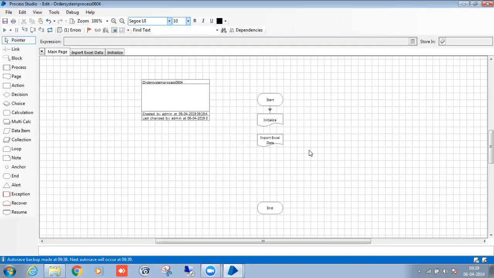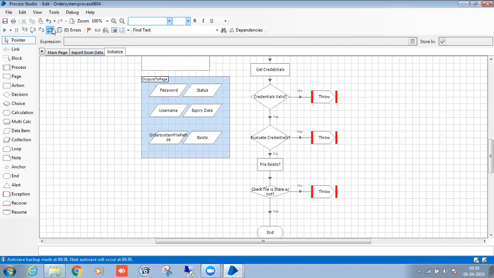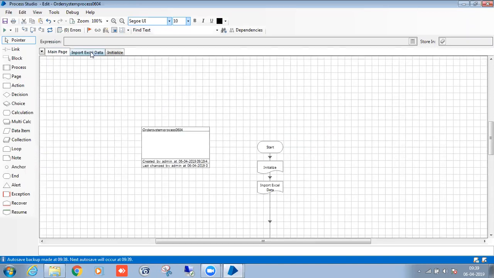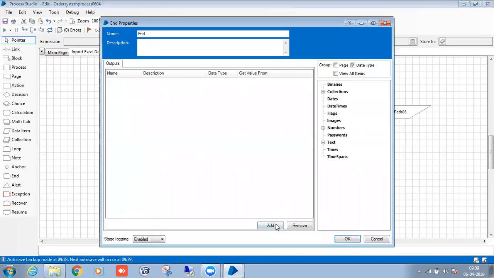Done. This is my second page. So that's why I need to create output parameters.